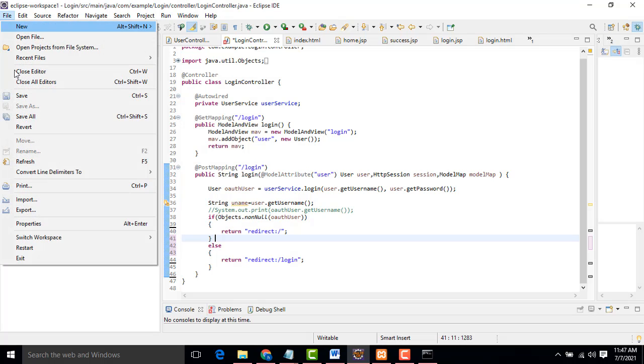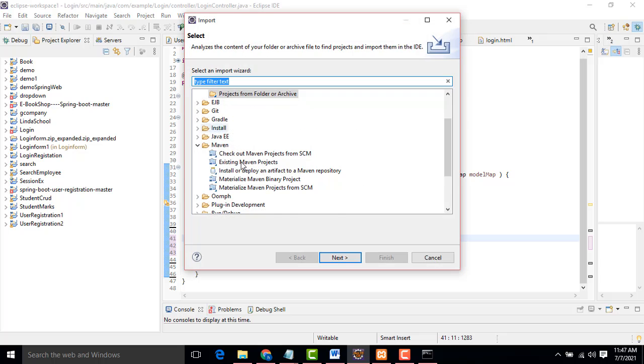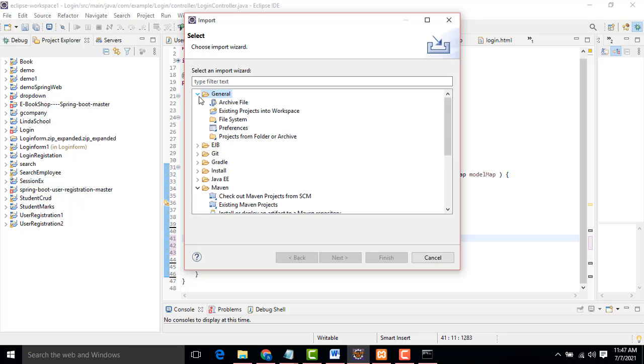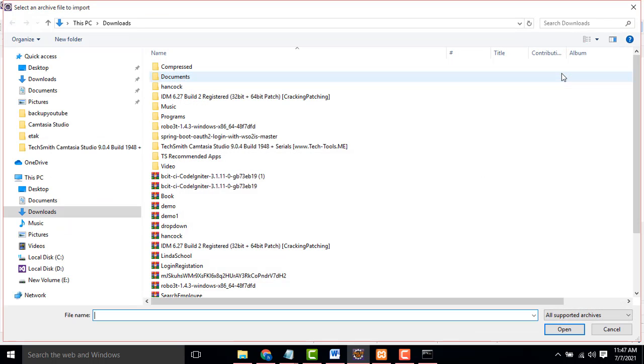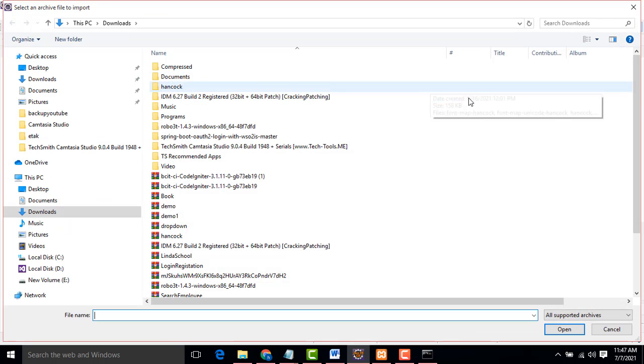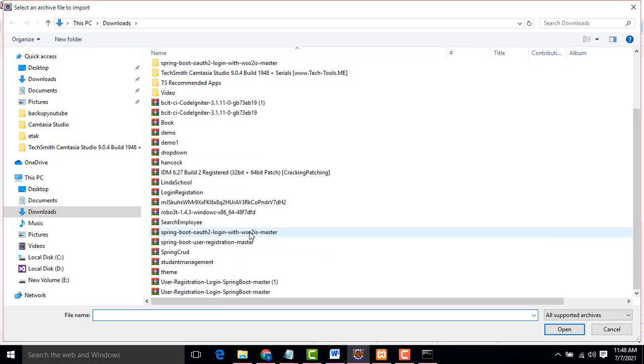Go to File, Import. Here there is a folder called General. Click and expand it. Select the existing projects folder from this. Click next. Here you have to import it, so click on this where you downloaded the file. Under downloads, we have downloaded